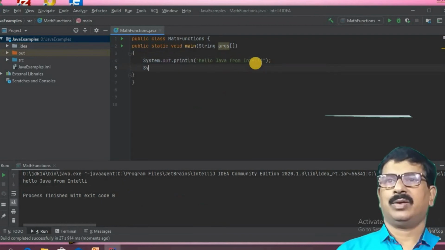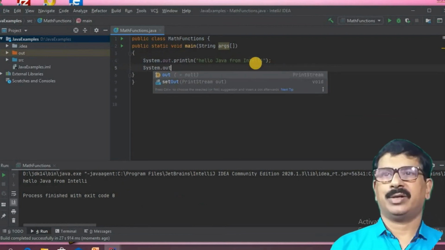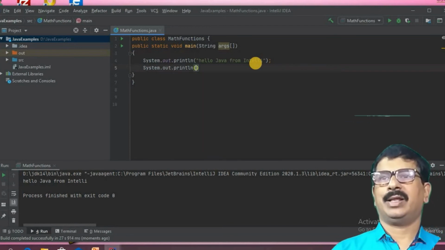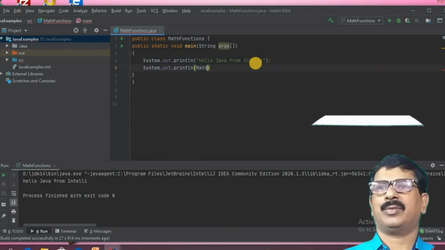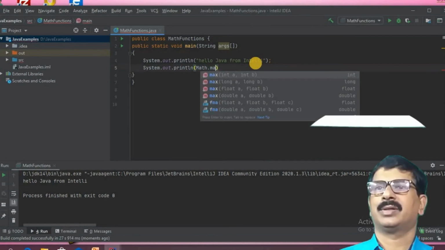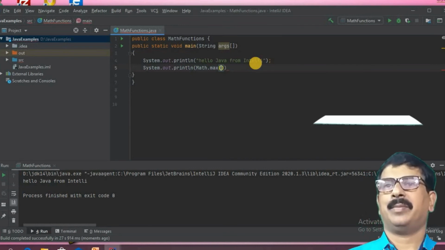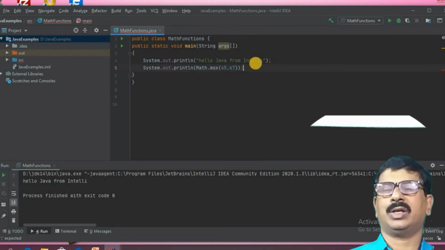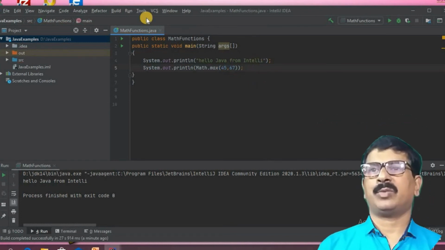The same way, we will include one more statement, system.out.println. I will add one more statement, okay, in double quotes. I will take math function, math.max. I will take two numbers to find the maximum of those two numbers.